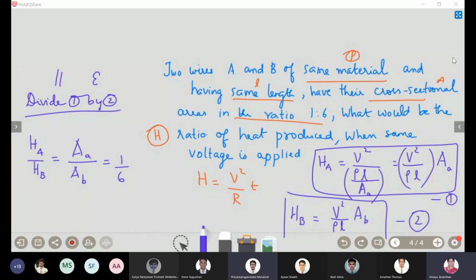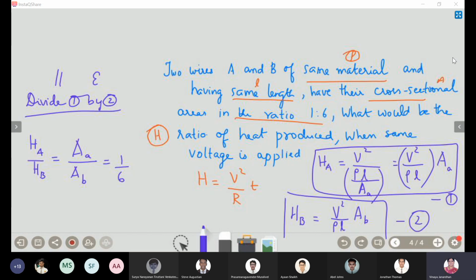Ma'am, what happened to the T in the formula? Like H is equal to V square by R. T is not needed because you are sending the current for the same amount of time, boys. Okay, ma'am. That's what you have to consider. Shall I go for the next one? A capacitor. I can't say that, sometimes the board will check for that. Just go through your textbook. Boys, capacitor worksheets are there.